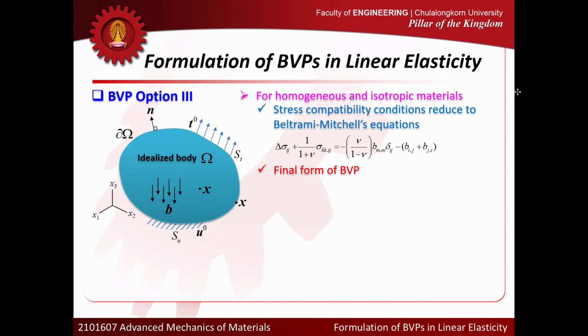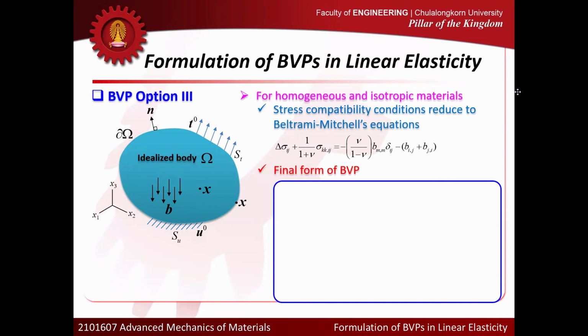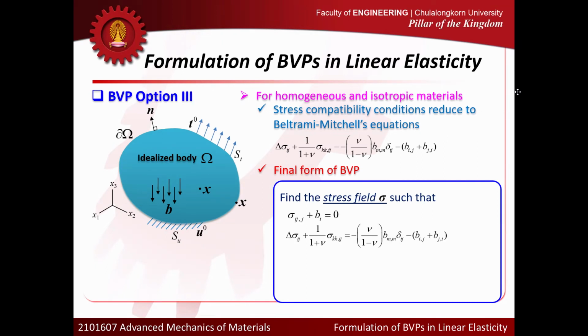So the final form of the boundary value problem is given here. We want to find the stress field sigma that satisfies two sets of equations. The first one is the equilibrium equation, right? So the stress here has to satisfy equilibrium. It has to be in equilibrium with the prescribed body force field, or satisfy sigma_ij,j plus b_i equal to 0 at every point in